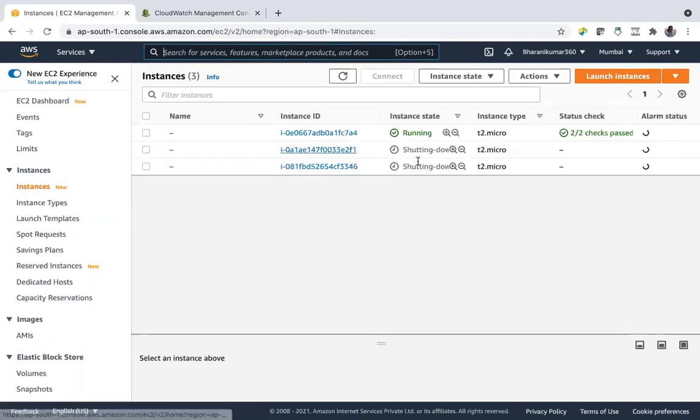Now you can see these two are created by the auto scaling group, and when you delete your auto scaling group, those two instances launched by it will also get deleted.